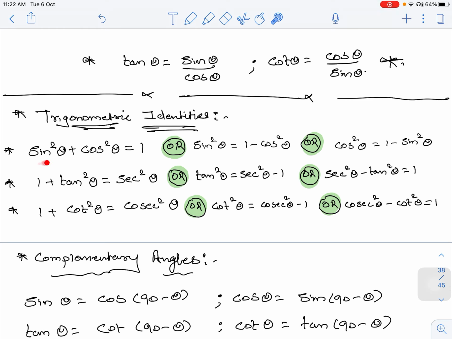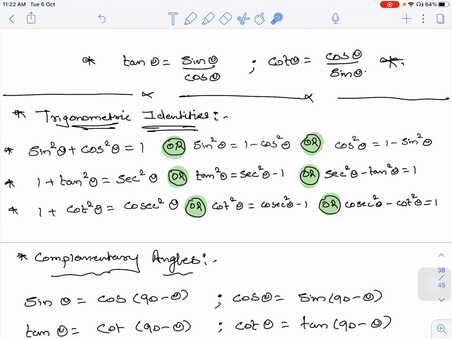Then after this we have learned about some trigonometric identities. Near about three identities we have learned. We have seen in the previous period how we got these identities. Our first identity is sine square theta plus cos square theta equals 1. From this identity we derived two more identities, or two more ways it can be written. The second identity is 1 plus tan square theta equals sec square theta and 1 plus cot square theta equals